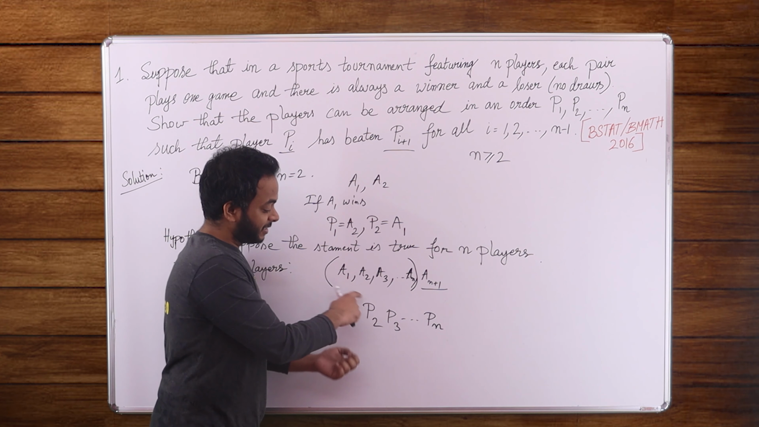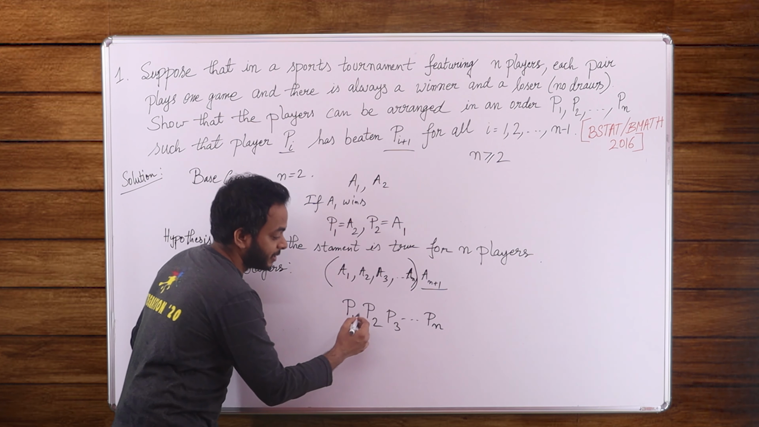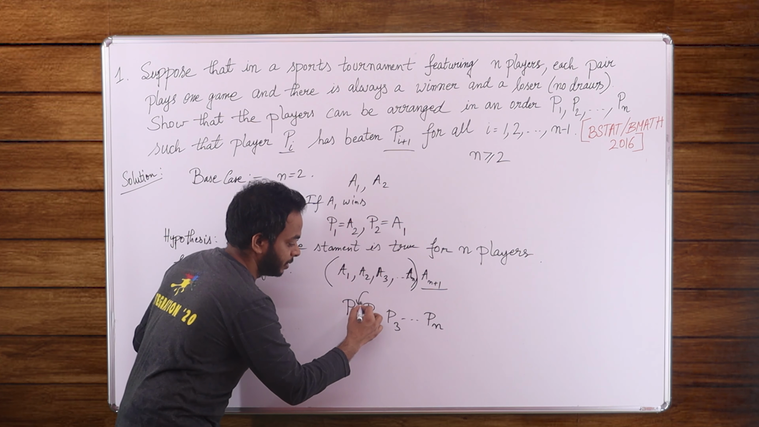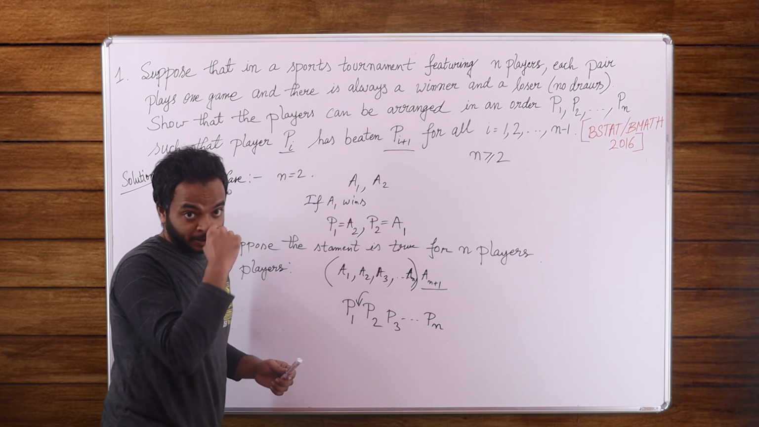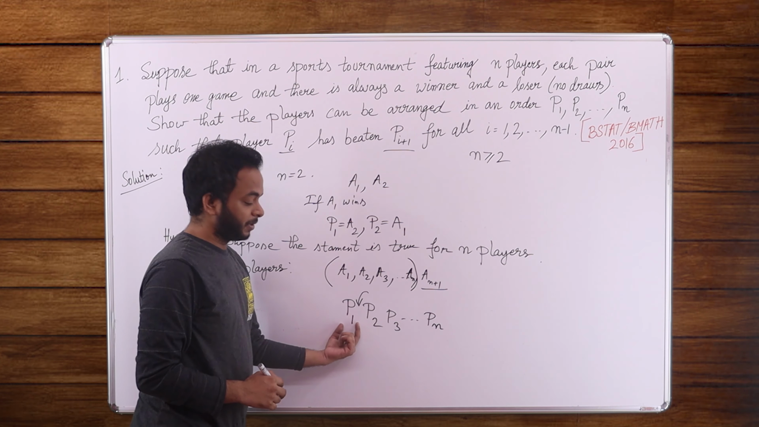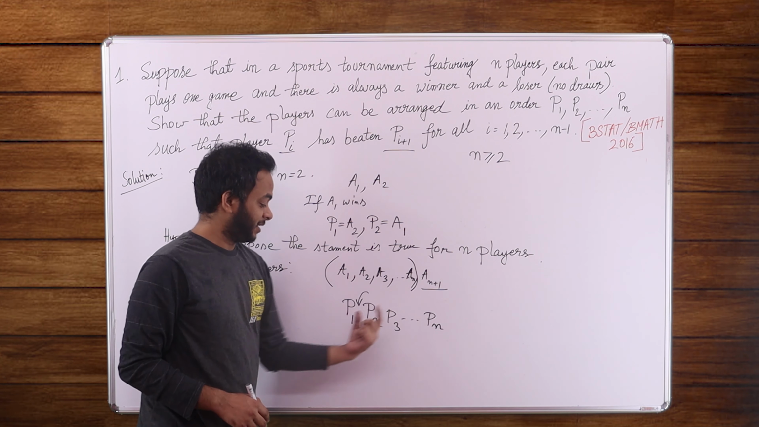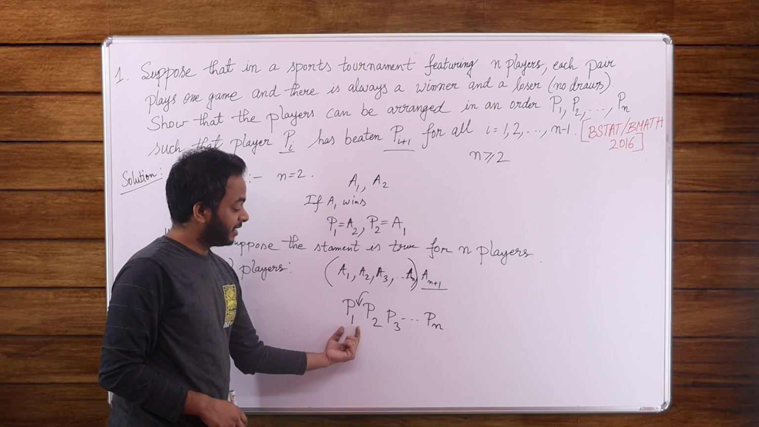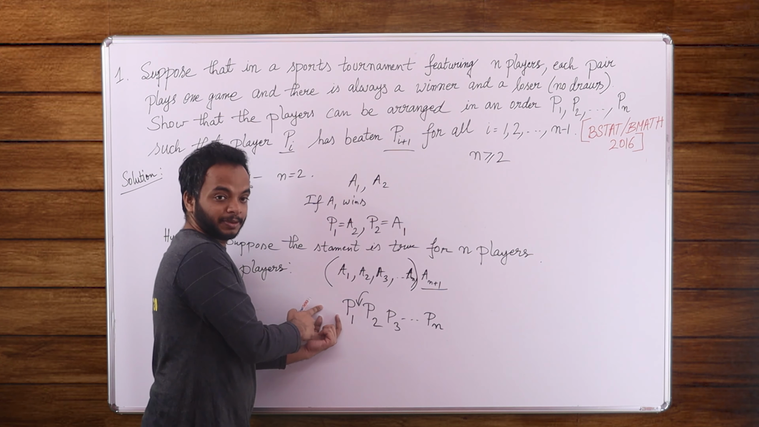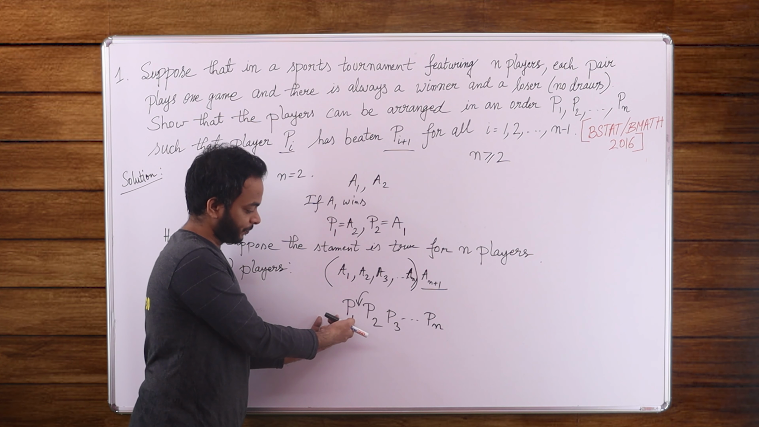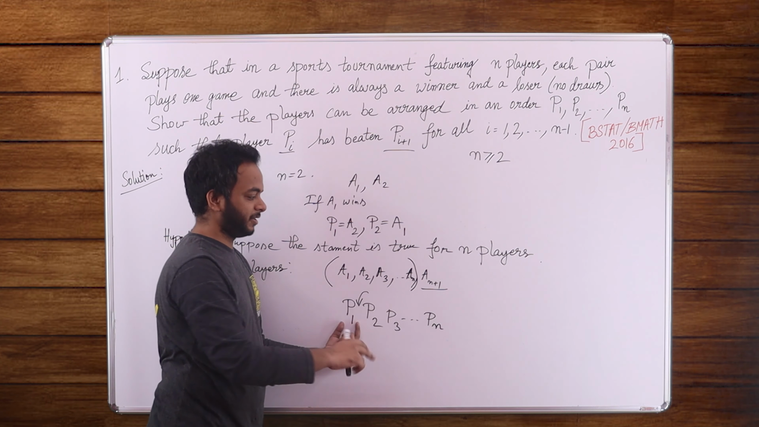Okay, so if it has defeated p2, then I'll just bring it and put it here between p1 and p2. Because why? First I asked this n plus 1th player, have you defeated p1? If yes, then I put it in the front, because then n plus 1 has defeated p1. Otherwise, if this n plus 1 says that no,